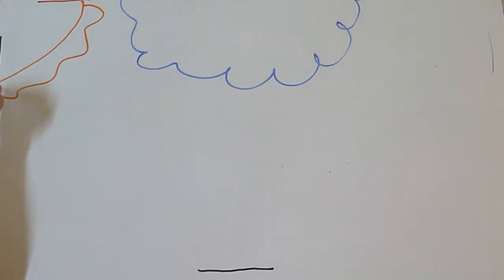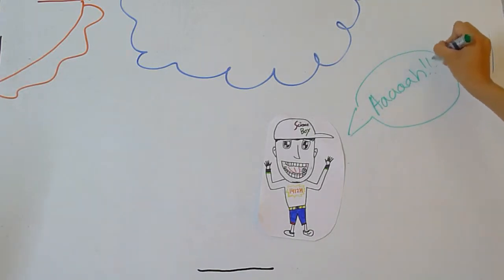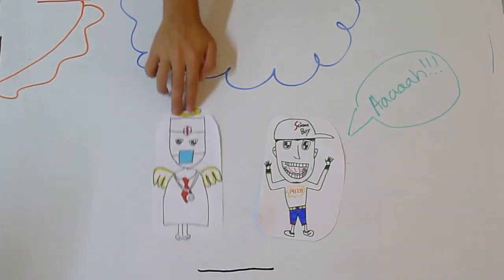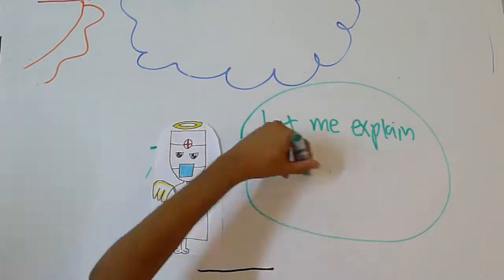So one day, Andy was having a very sharp pain in his tooth. He had just had his dental filling recently. However, suddenly, an angel doctor fell from the sky. He knew what the problem was and he's going to explain the problem Andy was facing.